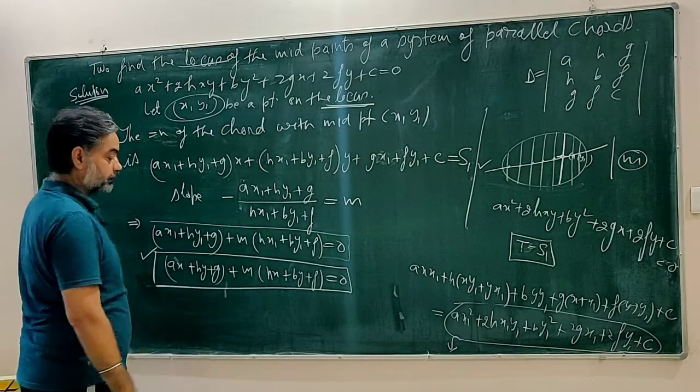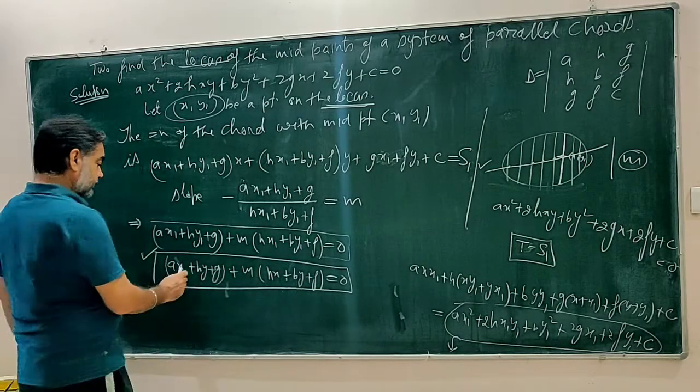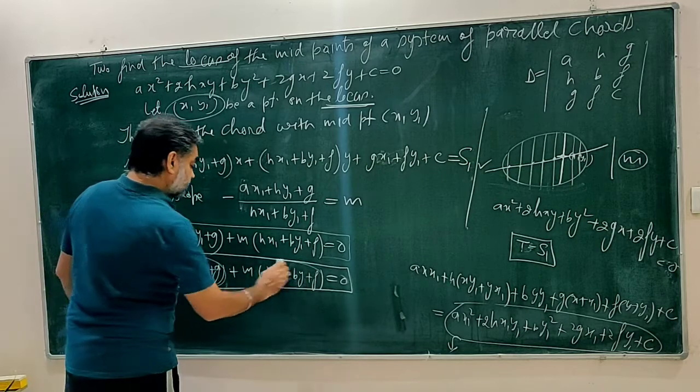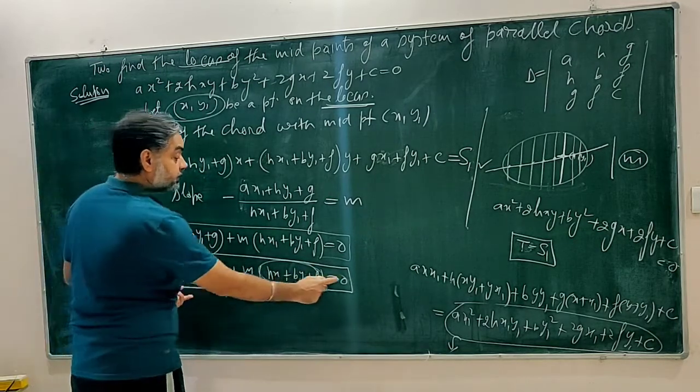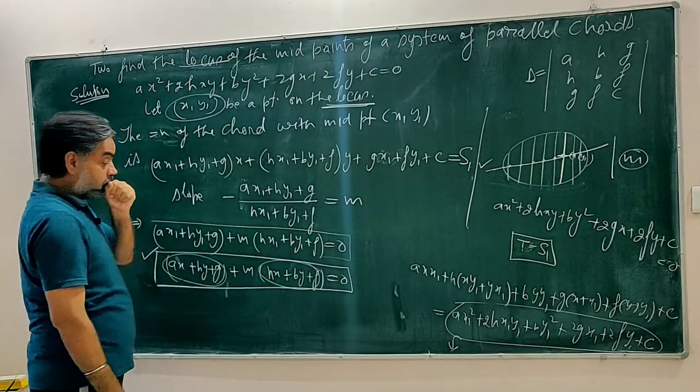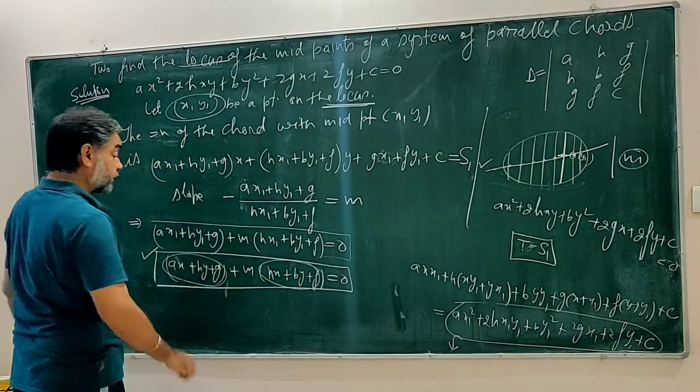Now notice one more thing about this line. This line is a linear expression plus m times another linear expression equal to 0. So this line passes through the point of intersection